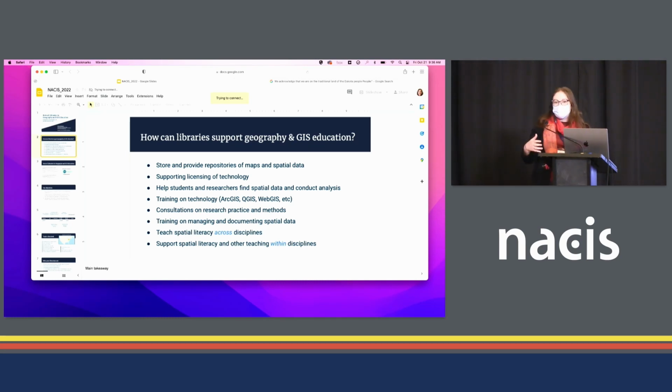What libraries also do, however, is provide that human element of support. We help students and faculty learn how to analyze and work with spatial data so that they can create effective maps that are also effective tools for communication. This involves doing training with students and also community members or other members of our university who need support to learn how to use both open source and licensed tools.